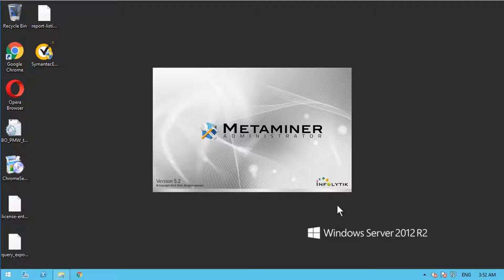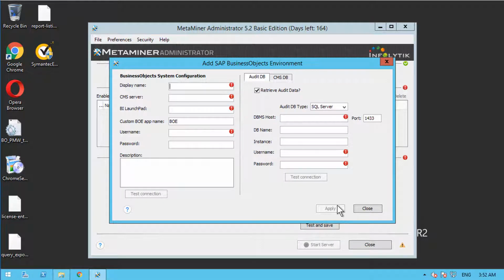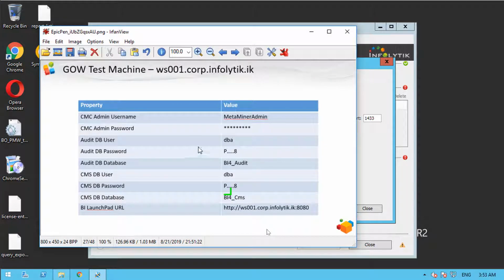The administrator now starts. The first thing that we see is Configure SAP Business Objects Environment, or Add One. If you have a different license, or a non-basic license or an enterprise license, it may have asked you for locating that license file on disk, at which time you would have done so, and then start to configure your system. Now in our case today, we're going to go ahead and direct MetaMiner towards our Business Objects BI 4.2